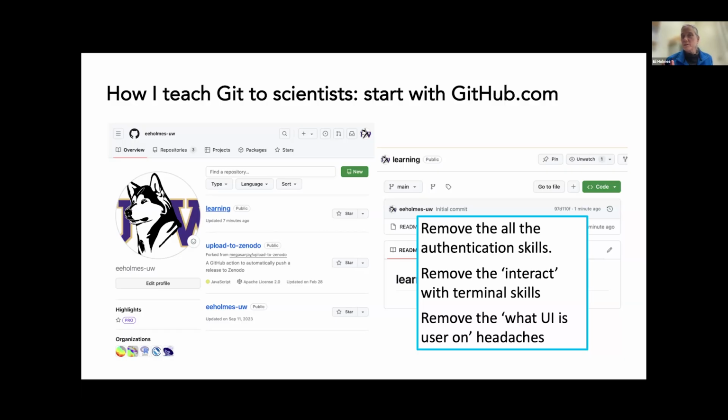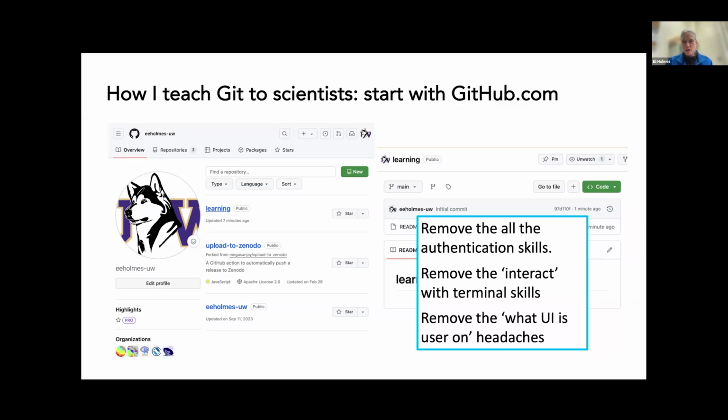if I'm working with scientists, I've got a pretty good idea a lot of them don't work from the terminal. So the terminal is a skill for them. And is it my objective to teach them the terminal that day? No, that's not my objective. If my objective is teaching them Git, and I'm ranking the skills I want them to learn, working with the terminal might help them, but that's really not the top skill that I'm trying to teach. So